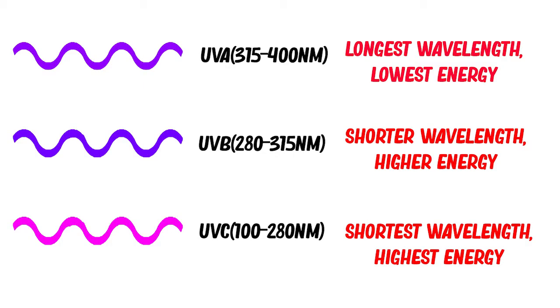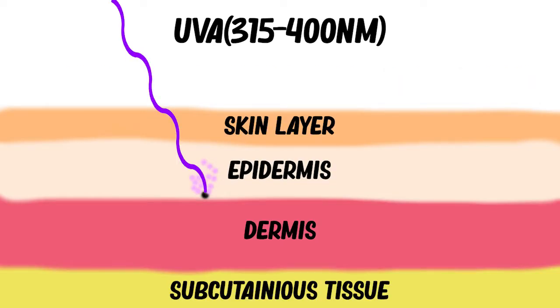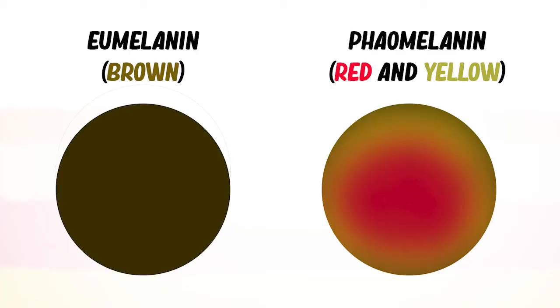There are two types of ultraviolet radiation involved with human skin, UVA and UVB. UVA radiation is responsible for tanning. To tan, UVA radiation penetrates to the lower layers of the epidermis, where it triggers cells called melanocytes to produce a pigment called melanin. Melanocytes actually produce two different types of melanin, eumelanin and pheomelanin, where the more eumelanin you